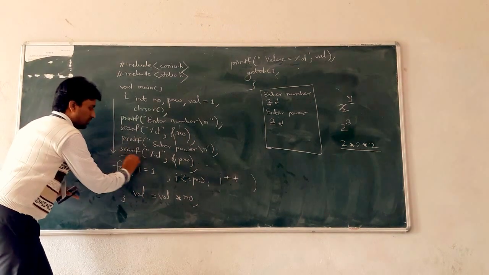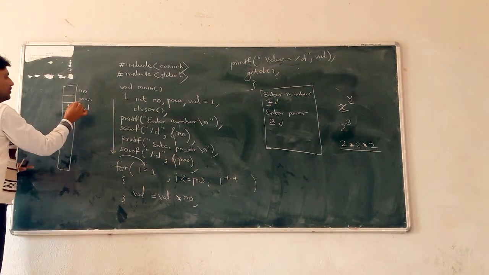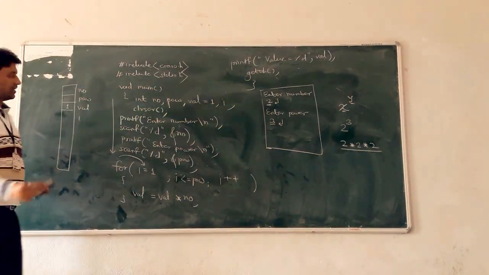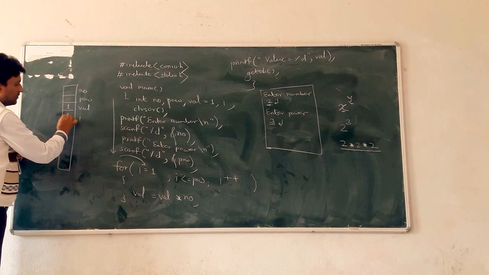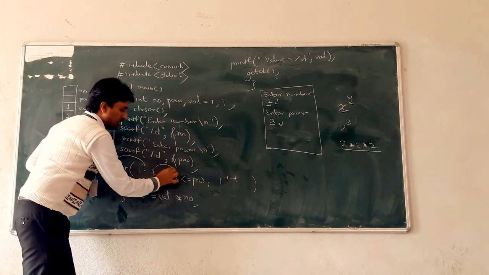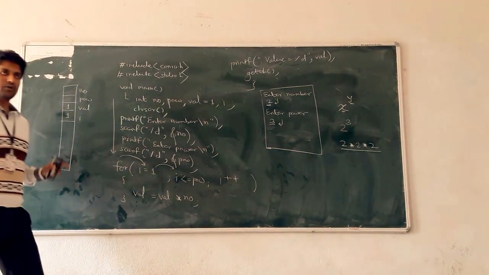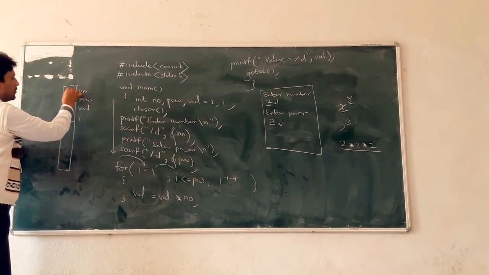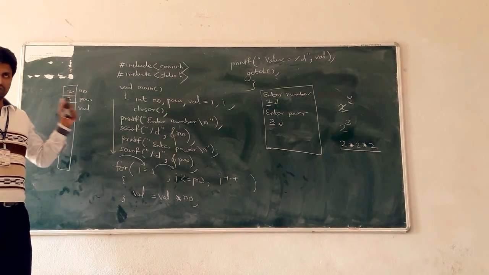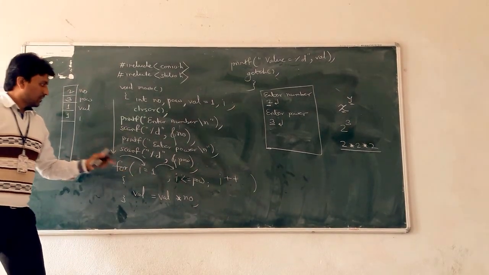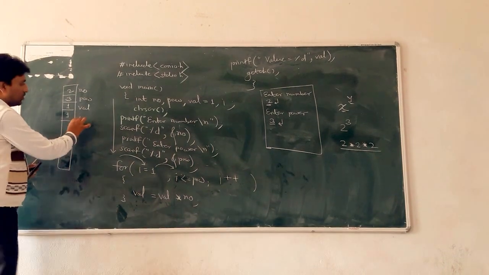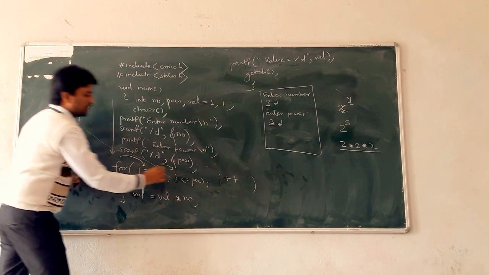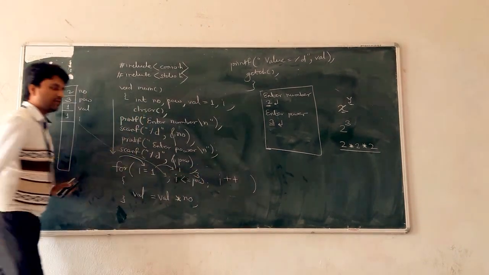Next, I is equal to 1. So declare variable I here. What is the value of I? First 1. Next, I less than equal to power. What is the value of power? Entered by the user, 3, and what is the number? 2. After that, what is the current value of I? 1. 1 is less than equal to power. Power is 3.